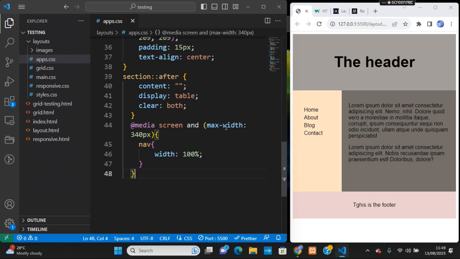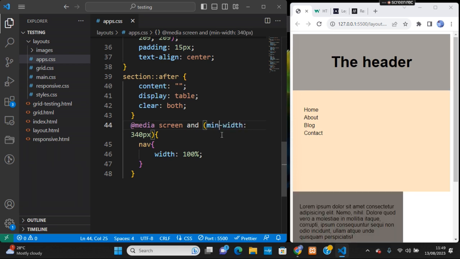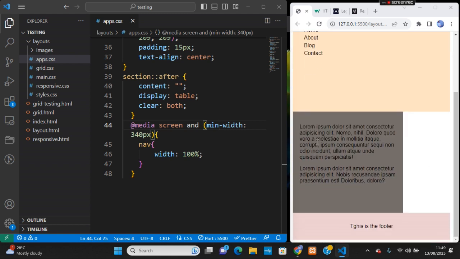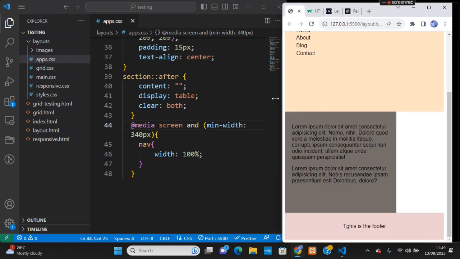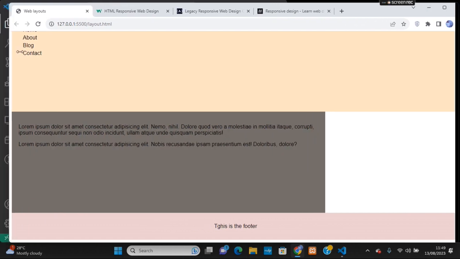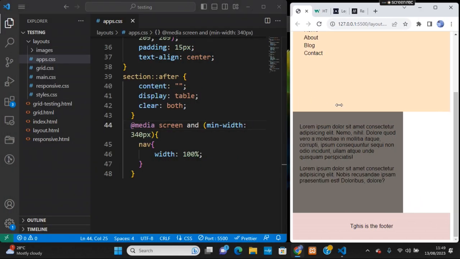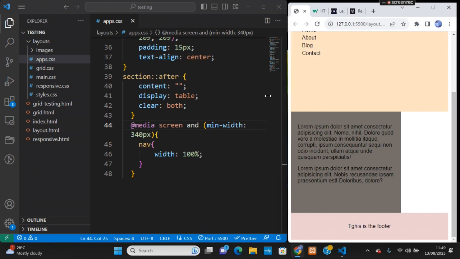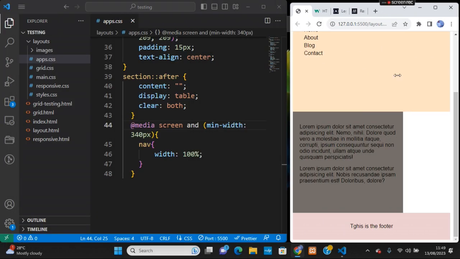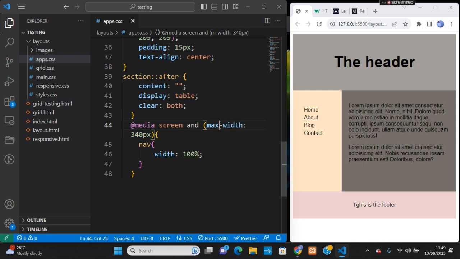Let me just start from minimum width so that you will see what I'm doing. If you look at this, you will now see that this part has been pushed down. But let me resize the screen, and you will see that when I resize the screen, nothing happened, because I said minimum width. When I set this as maximum width, let me just make this like